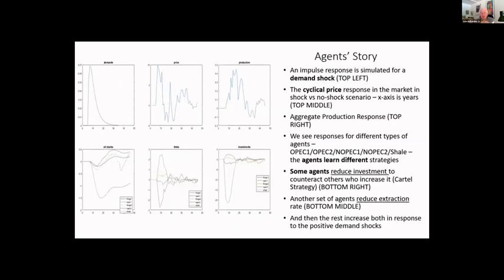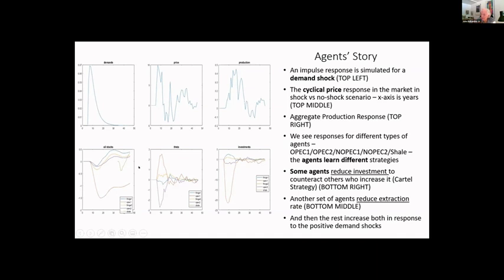So look at this. And again, I apologize, I know it's a little hard to look at these graphs, but okay, we have a demand shock. So we have a big demand shock, boom. Then this is the price reaction. This is generated off these simulations of these different agents reacting. And the point we're trying to show is that it's uneven, and the interaction of the agents with each other is uneven. So you get different prices and you get different production.